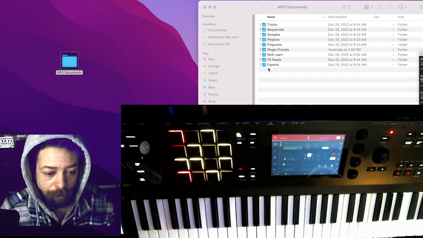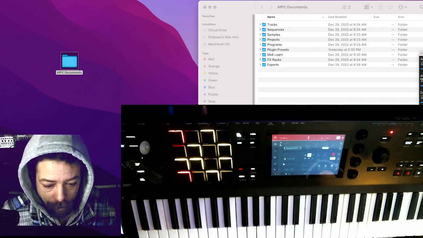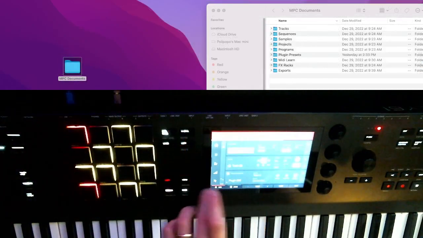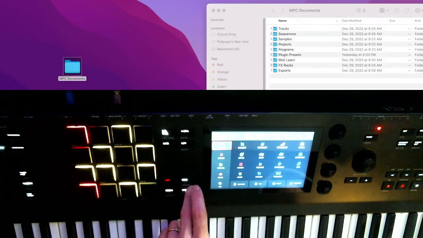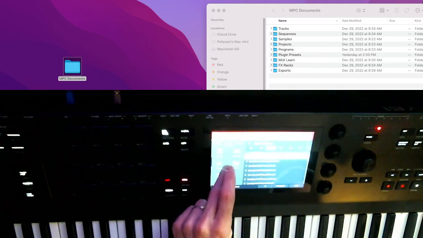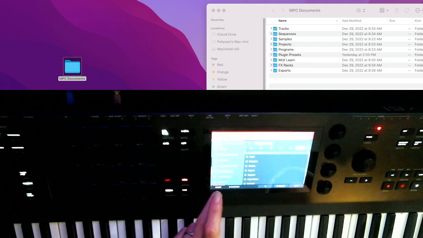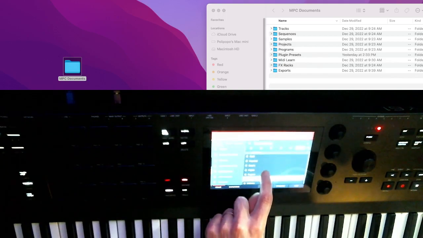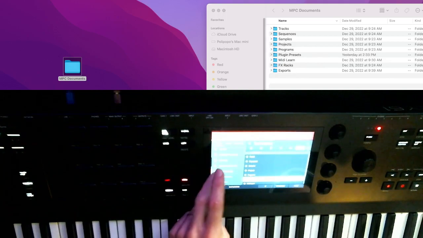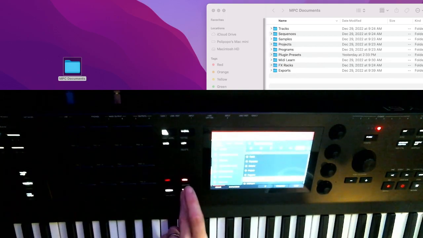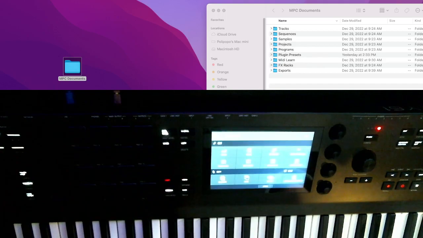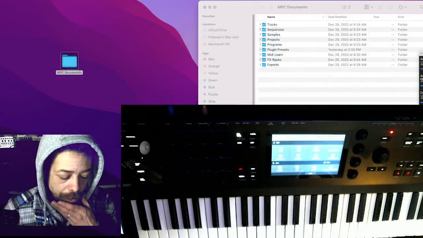Let me explain. Whenever you're on your MPC and you go into your menu and you go to your browser, whenever you hit places and you go to my documents, you get these folders, which is super dope because whenever you are in your main and you hit this pencil right here and let's say bounce a sample or save current sequence, it automatically puts these in those places. So that's what I'm trying to say. We want to be able to,